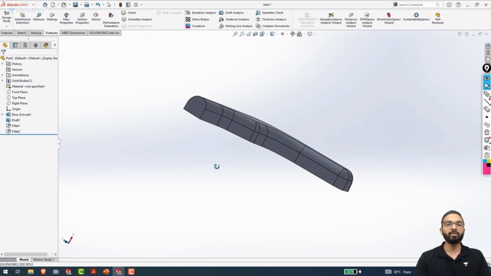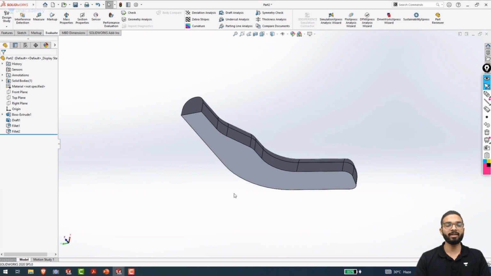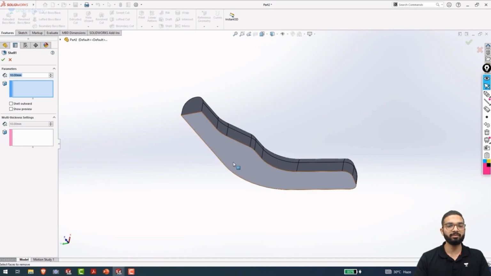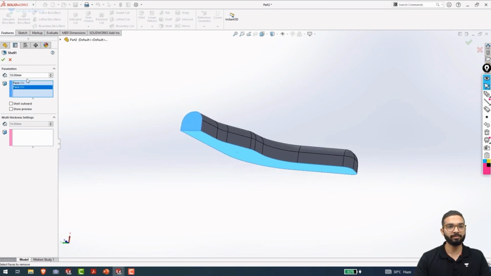Now we will move forward and create a shell for this. It is not difficult. I will show you how to do it. We will now go to features and then select shell from our options over here. We have a shell option over here. If we click on shell, we specify the face from which the shell is supposed to be created, and we also specify this face along which the shell will be created. If I enter 2 mm over here